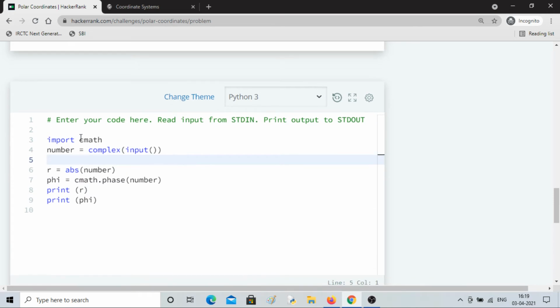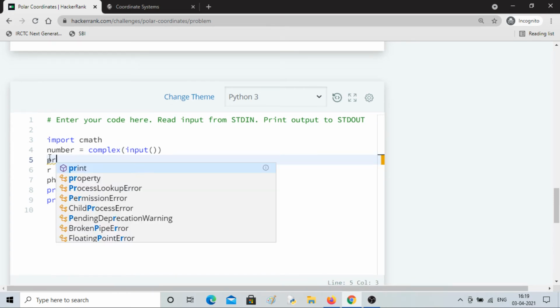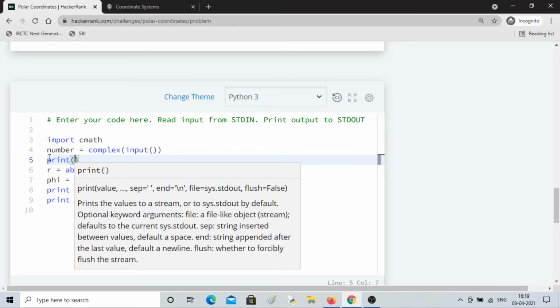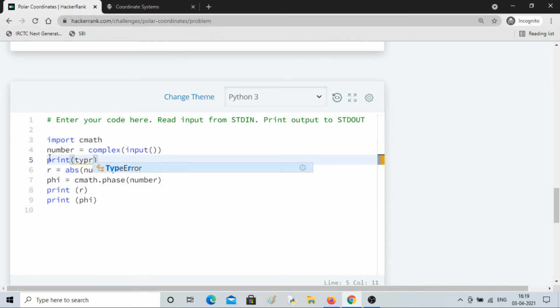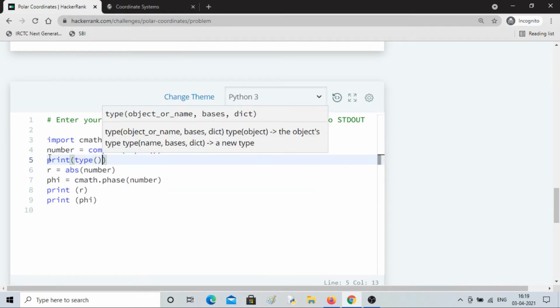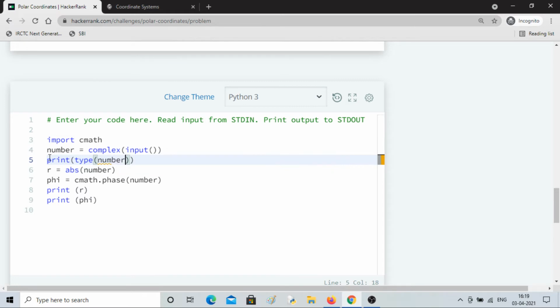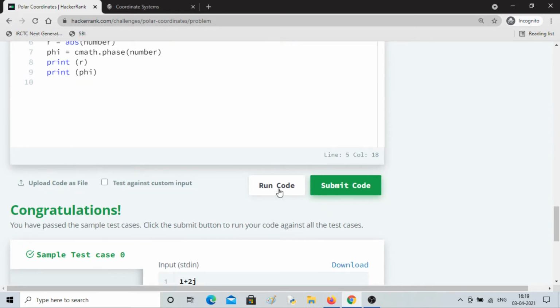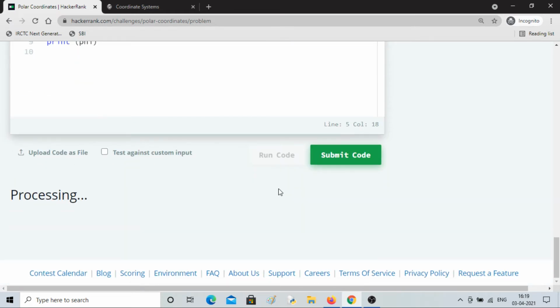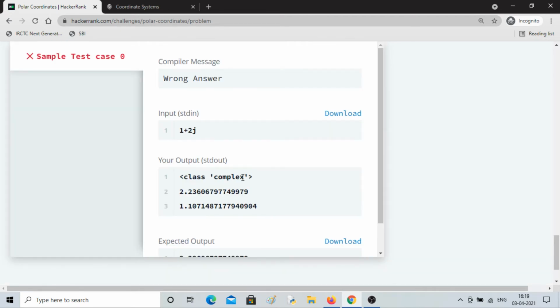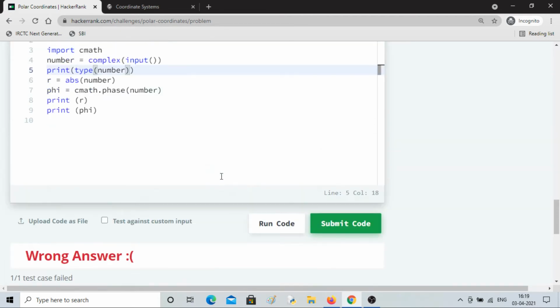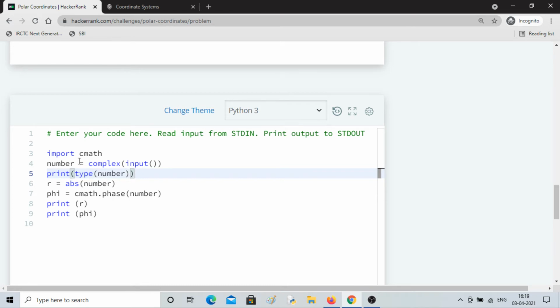So what I'll do here is, let me show you, print the type of number. Okay, the type of the number, let's see what it shows. So it is showing complex. Okay, so I'll use this as my constraint.